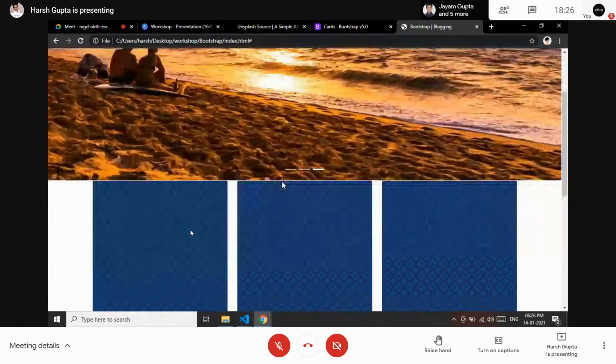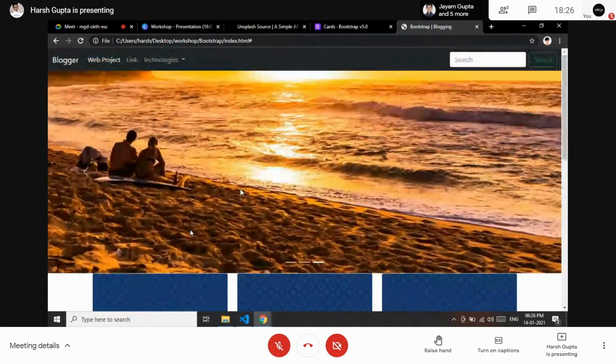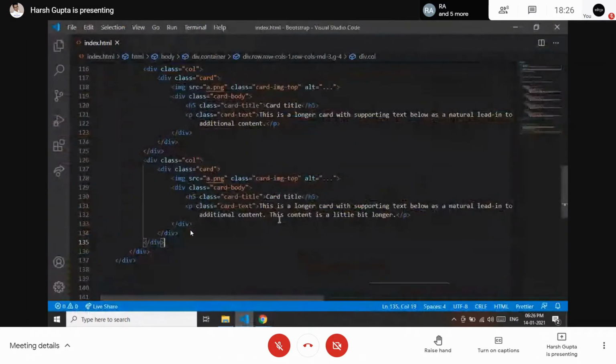But still we don't have margin from the top. If we don't have any idea how to take margin from above, you are allowed to use some CSS as well, because we don't need to depend on Bootstrap all the way. We can apply our own CSS as well.